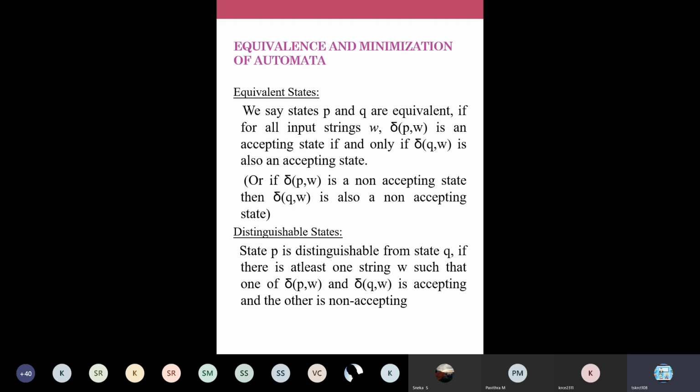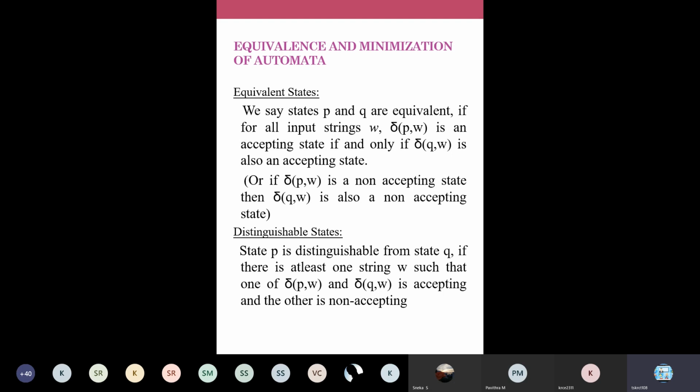Just imagine I'm having 10 states, and say there is a state A and a state D. I'll just analyze these 2 states, A and D. If these 2 states are similar, if their full characteristics are similar, I will eliminate D from the problem. I'll have only A. So like that, you're going to identify similar states in your diagram and eliminate redundancy. We are going to avoid similar states so that your number of states will come down. It will get reduced and you will get a minimized DFA. That is the logic. We have to find similar states and reduce them. So for that you're going to find out equivalent states and distinguishable states.